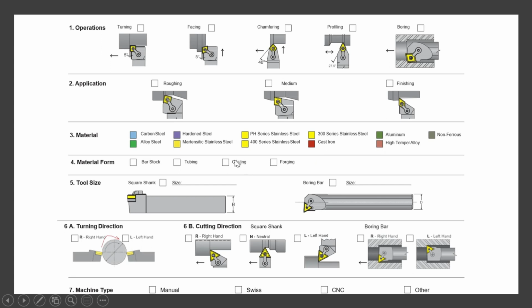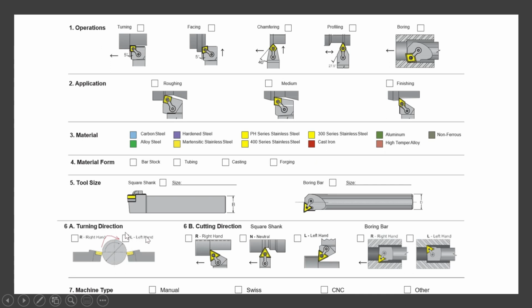So for casting the insert can be different, and for forging the insert can be different. Then as per the tool size, and the tool holder available, depending on that we can use different kinds of inserts.